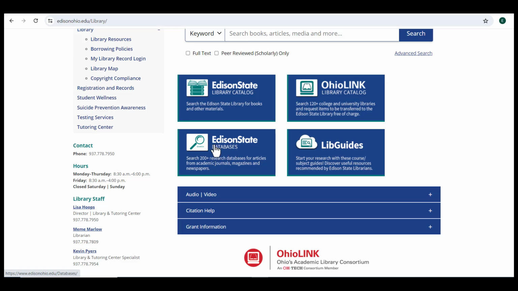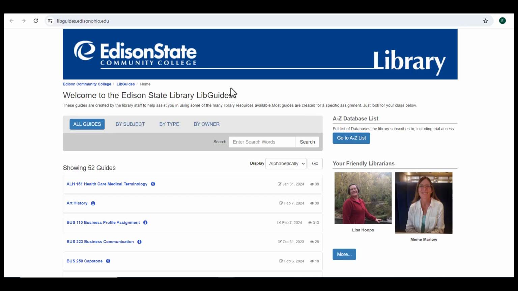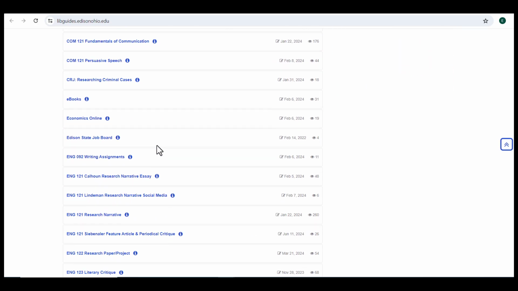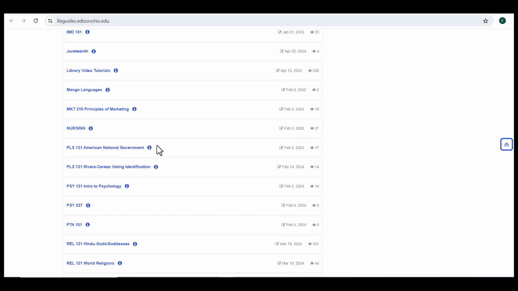The Edison State Databases box is going to take you to the database page, and the Live Guides is going to take you to the Live Guides, which is where I'm going to start. We have ones made specifically for this assignment. Live Guides are guides created for specific assignments. In this case, it's the PLS